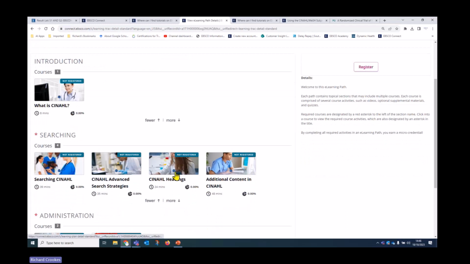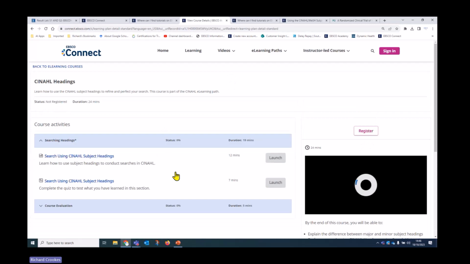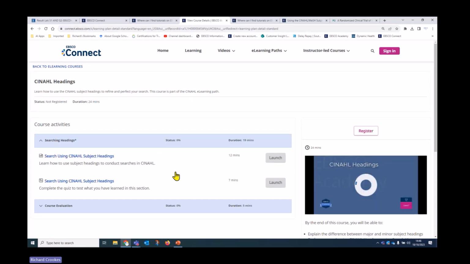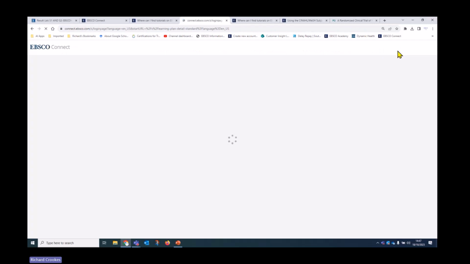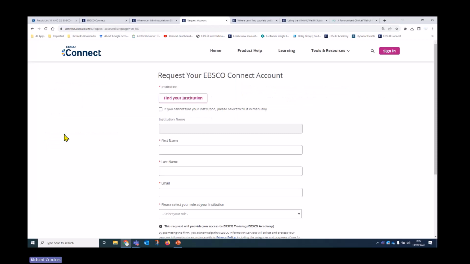So you can see here, set one on CINAHL headings, which could be of interest, especially in light of this session. You don't have to take the whole course, of course. You may just want to take bits and pieces. These are intended for library staff, by the way, not intended for nursing staff or other healthcare professionals. So they are library staff specific. You can sign in for these as needed, and that means you would either sign into your account if you have one already, or you'd request an account